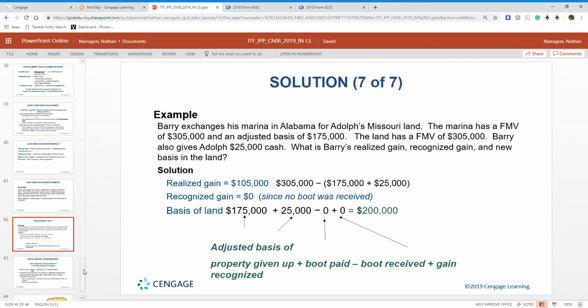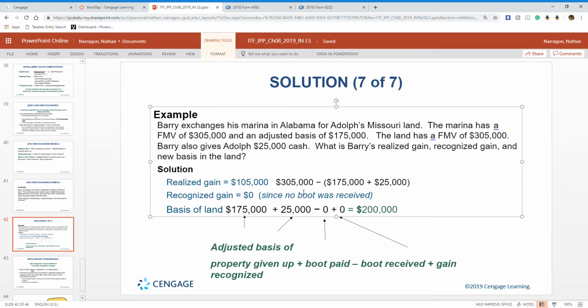Okay, so here we go. Again, I wish sometimes they put equals in some of these. It actually helps out. So Barry's realized gain is $105,000, and this is taking the fair market value of the land that he's going to receive, not the marina, even though it's the same thing, same cost. It's basically the land that he's receiving,